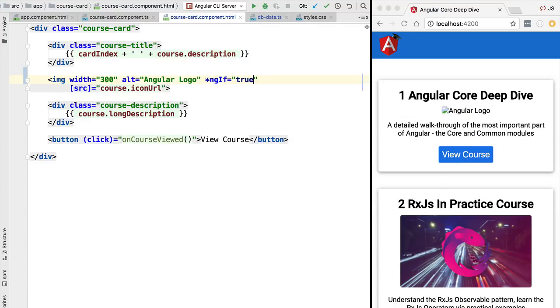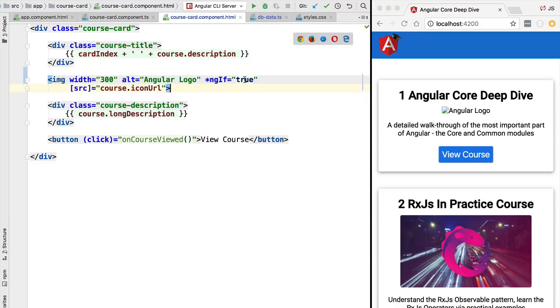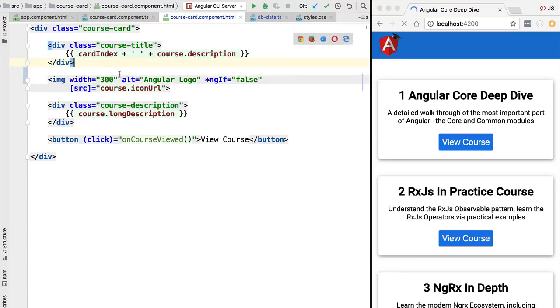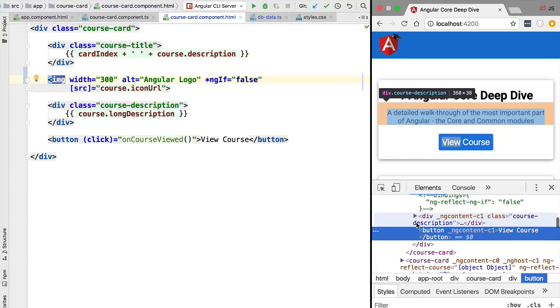If the expression is evaluated to true, then the element onto which we are applying ngIf, in this case the image, will still be present on the screen. But if this expression evaluates to false instead, then the image is going to get hidden. As we can see, the image is no longer present, and if we inspect our application, we are going